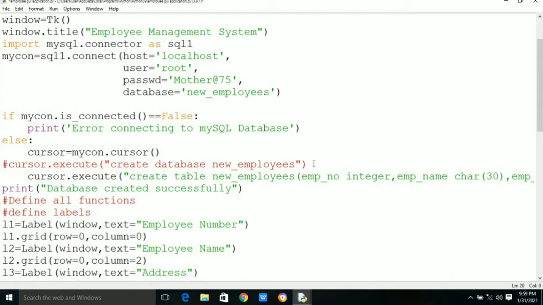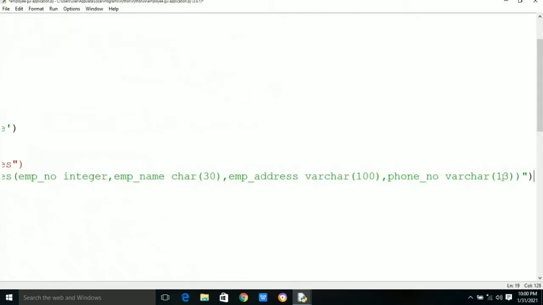After creating the table, we are printing table created successfully. If we will execute the code, then we will get table created successfully message. You can see the result.